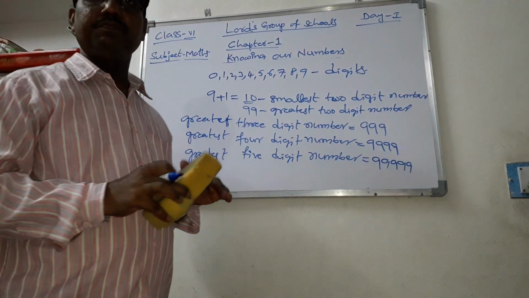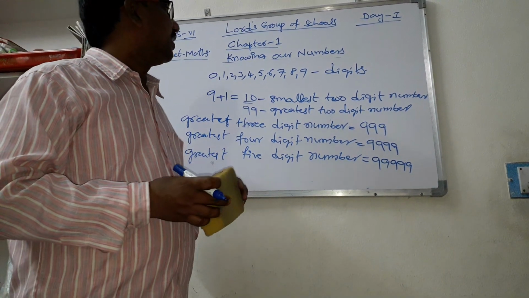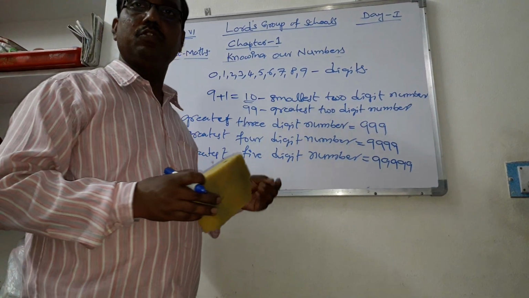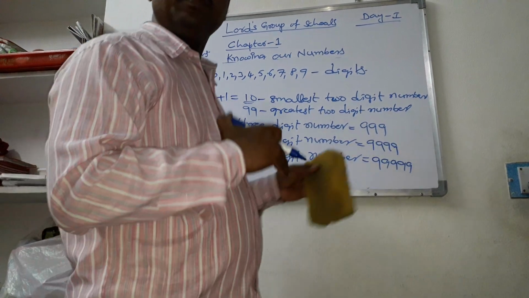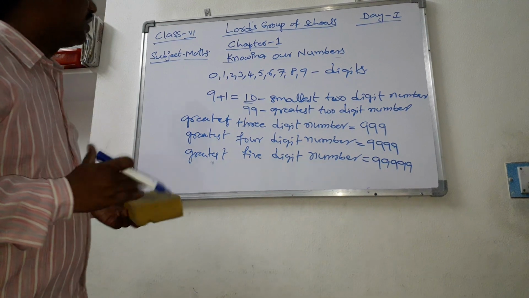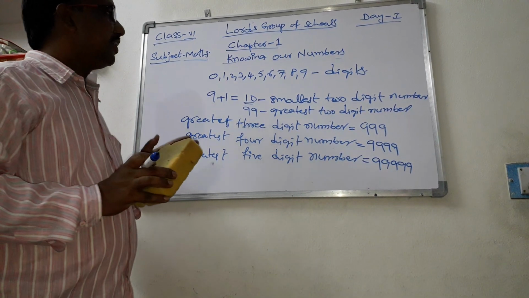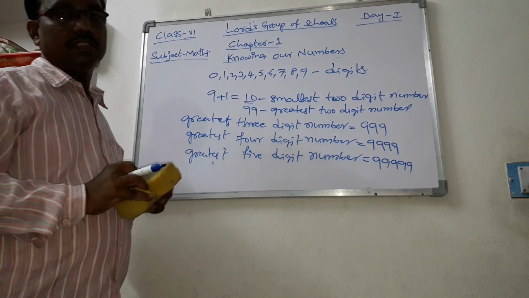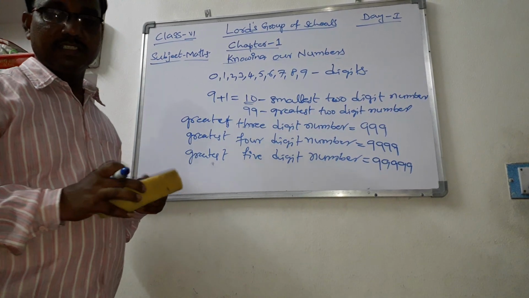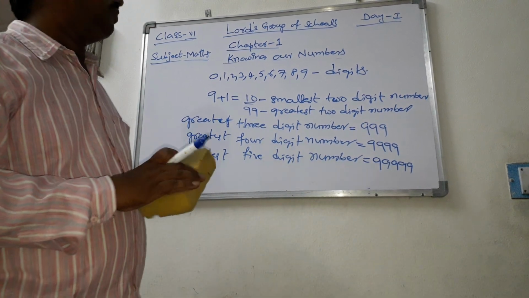And today the topics we learned: comparison of numbers, estimating, finding the smallest and biggest numbers, arranging in ascending and descending order, finding the greatest and the smallest number between two numbers, and writing numbers in words and words in numbers. And after that, we learned how to write numbers by given digits. And tomorrow we will learn estimation and rounding of numbers.